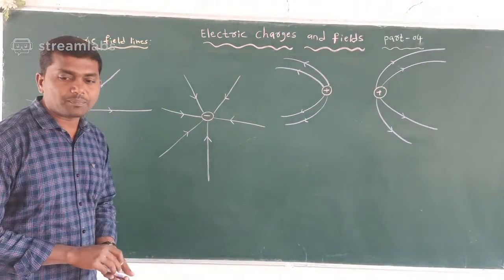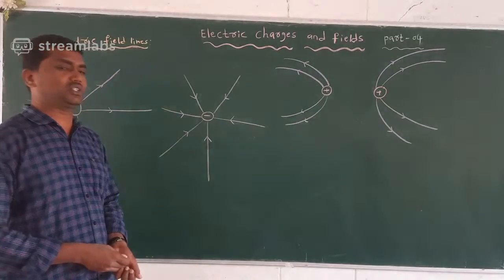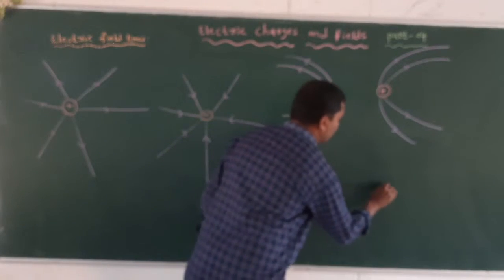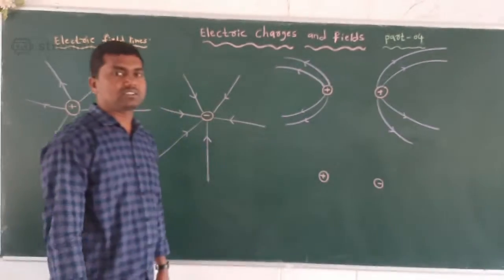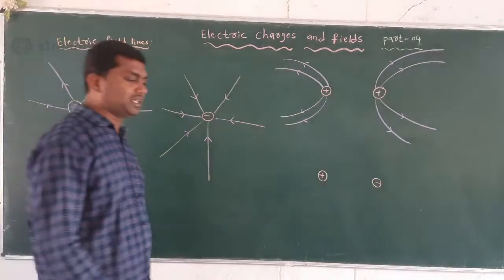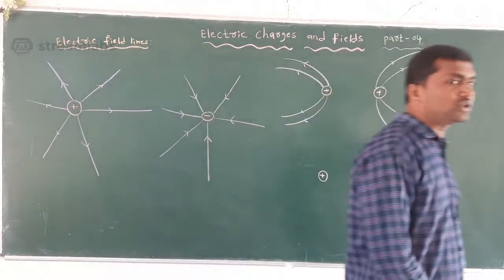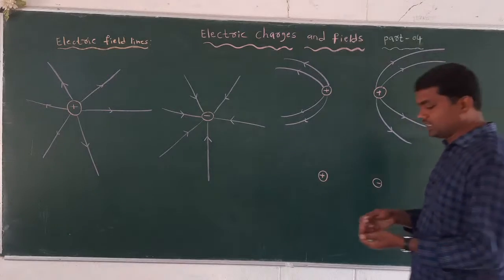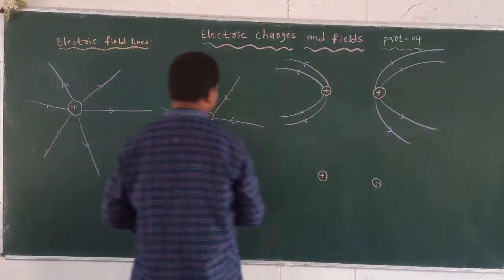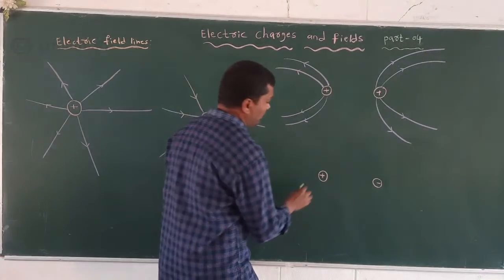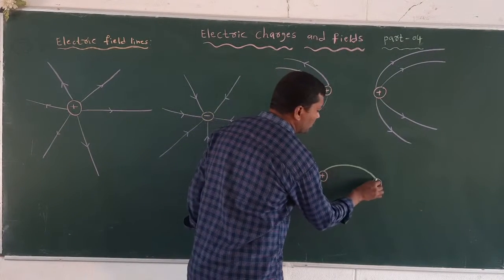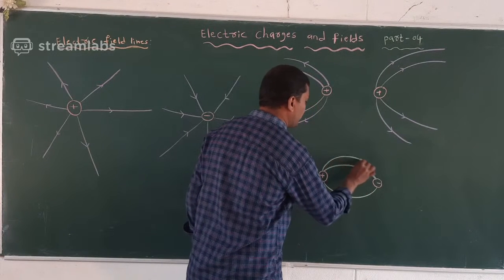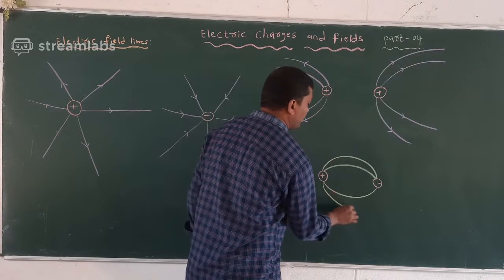Suppose I take a negative and a positive charge. The first one is the positive charge and the second one is the negative charge. These are unlike charges, meaning different charges, so they produce an attractive force. The two are attracting in nature. When we draw these lines from positive to negative, same one, positive to negative, positive to negative,